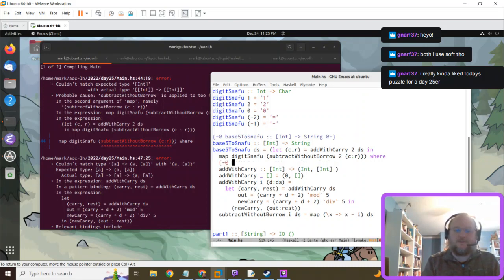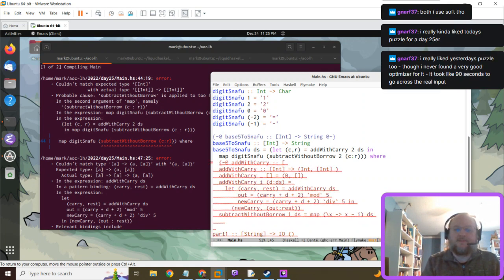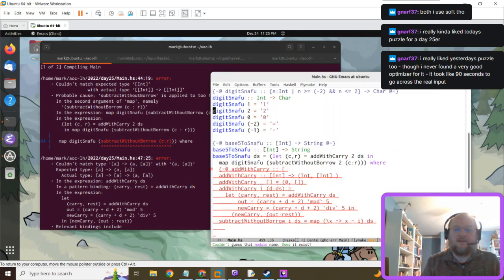And in Liquid Haskell, okay, so these are natural numbers n less than 5. So these are the same. So this should be